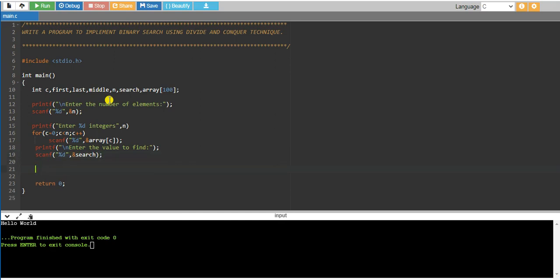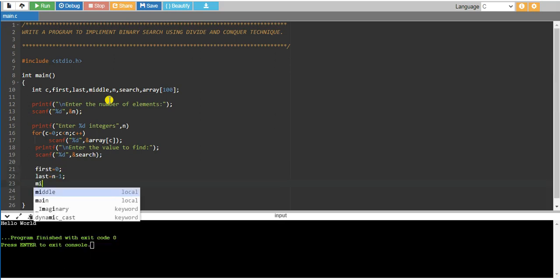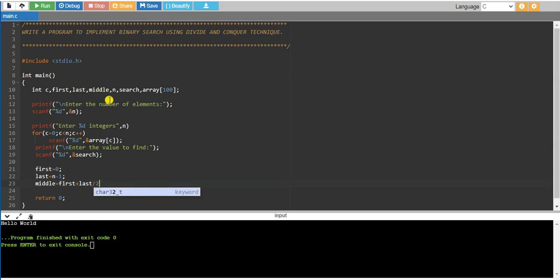Then we have to set first equal to 0, then last equal to n minus 1, because it is starting from 0, so n minus 1. Then the middle value, that is middle equal to (first plus last) divided by 2, right?